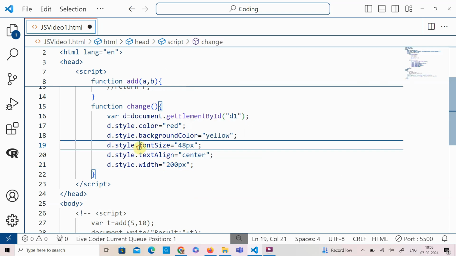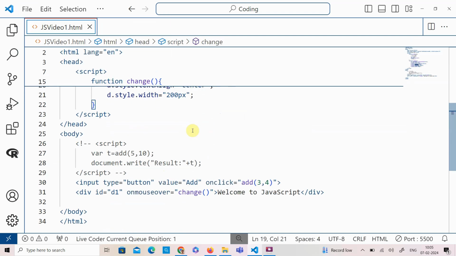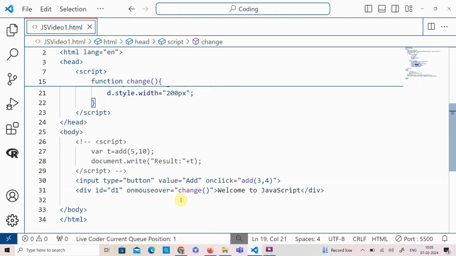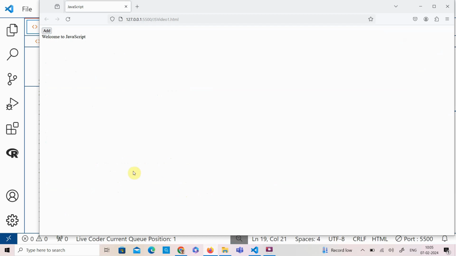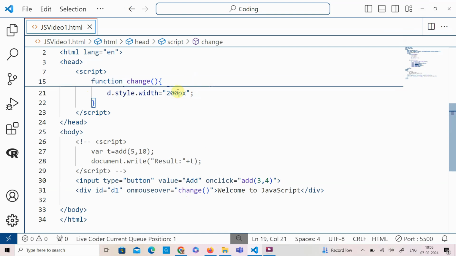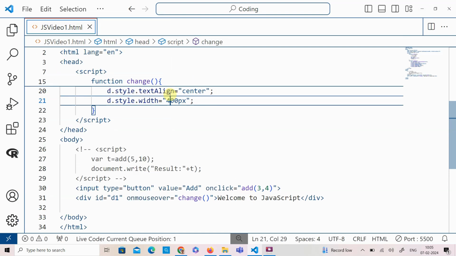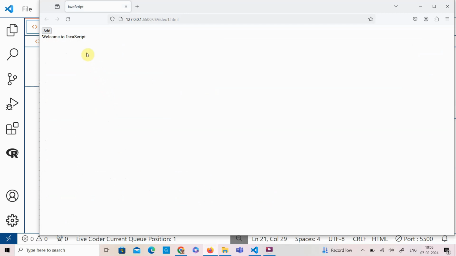So now the function will be invoked whenever I do the event onmouseover on the particular division area. So this is my web page initially looking. When I move the mouse over it, we got the division area with the text color, alignment, and all the things. So I can just extend the width of my division tag. Yes, I have the background color, text color, text alignment, font size, and also the width of the